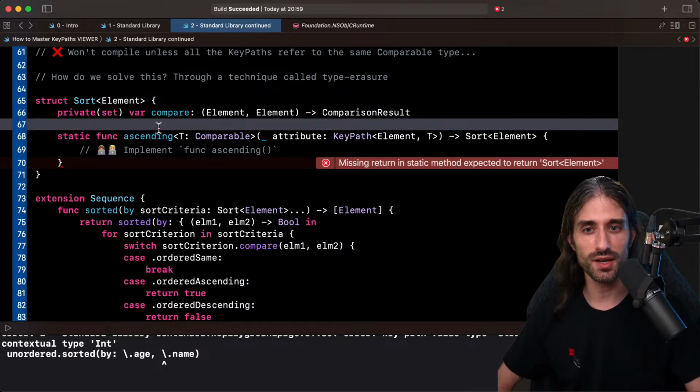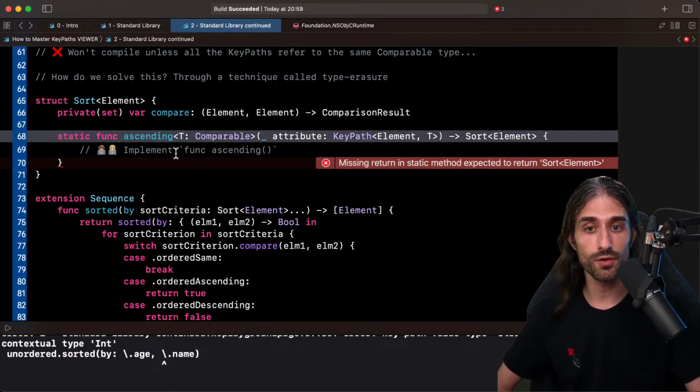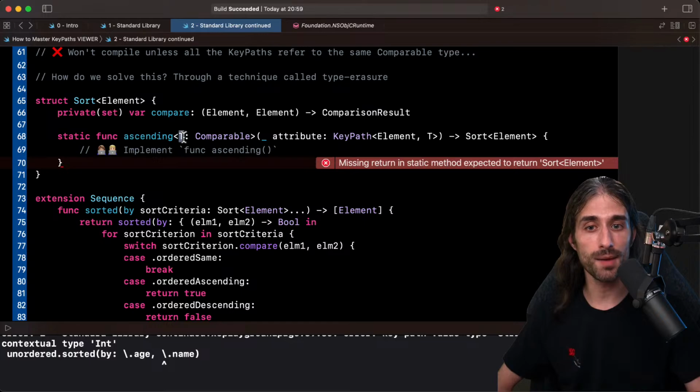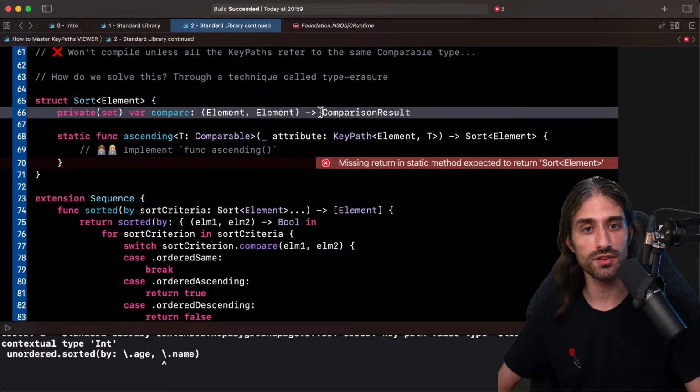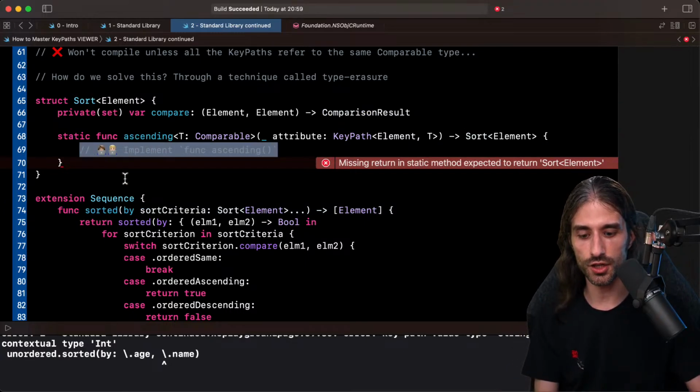And what's interesting is that, as you can see, the element, so the root, is being declared at the level of the struct, but the comparable property, so the value, is only declared at the level of the static function. That's what I was saying when I said we only need to know the actual comparable type when we do the comparison, but then for the rest, we can rely on the fact that the comparison returns either a boolean or a comparison result. So how can we implement this ascending static function?